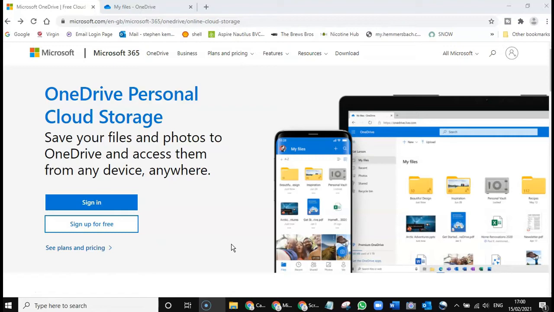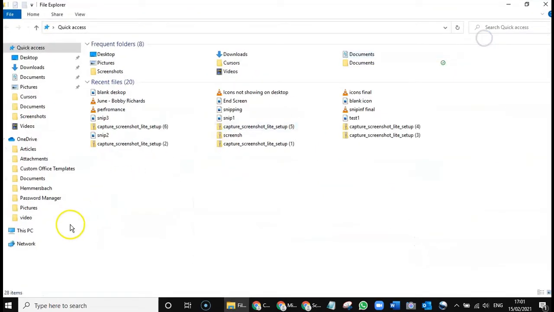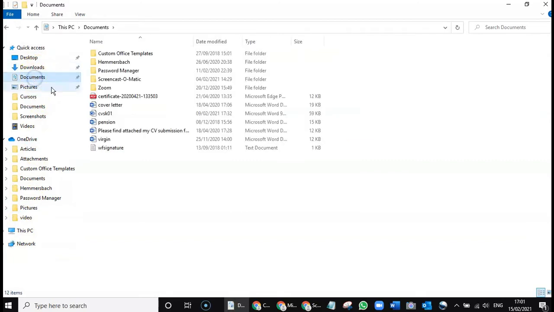Well, I see it being an IT support engineer on a daily basis when people walk in with a laptop and their hard drive's crashed. Now, in some situations, you can get documents back off a hard drive that's crashed, but not always. And what they've done is they've saved all their documents to their desktop, or they've saved them to the documents folder on their PC. So if I can show you now, so we've got documents here,